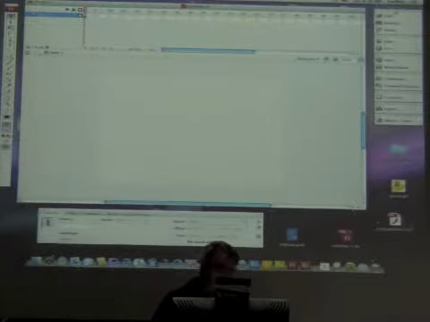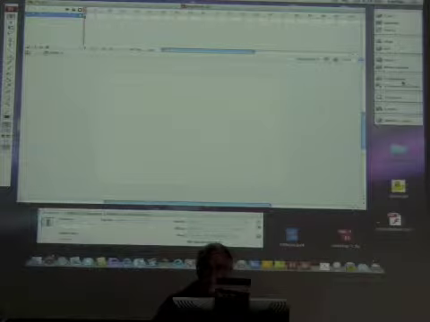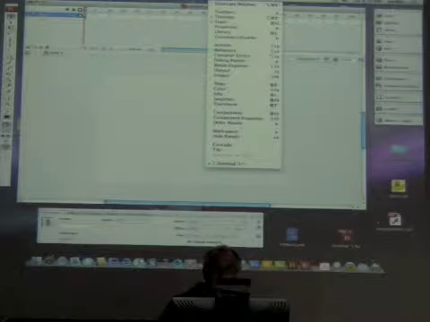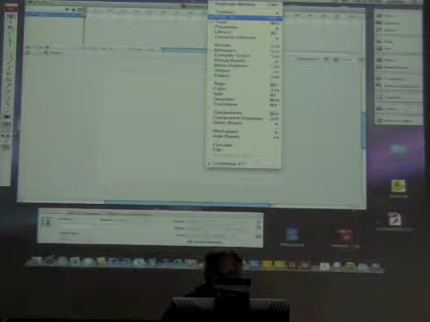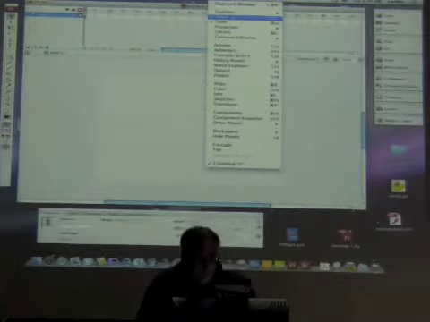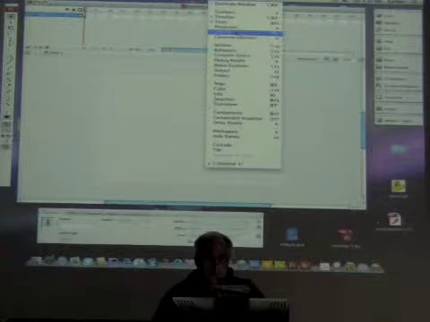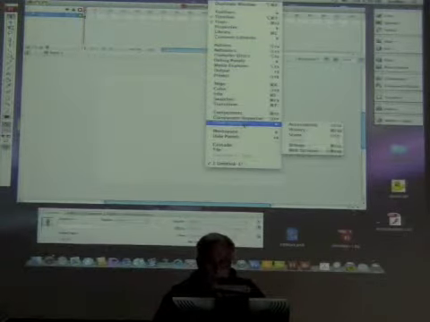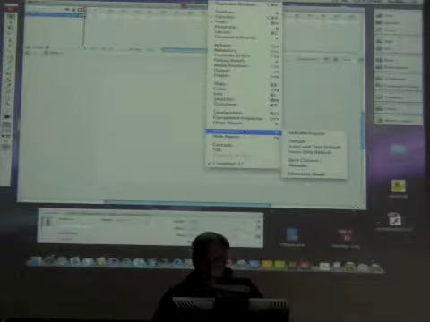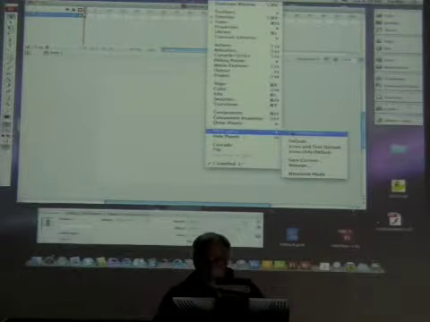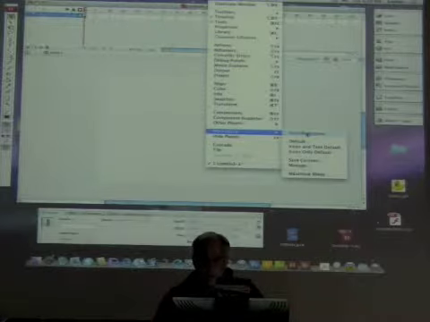If there is a specific group of palettes that you use frequently, you can customize this and save it. We could go to Window, and we can go to, hold on here. I've got to remember where it is. Where is it? Workspace, there we go, it's down here. And you'll notice I have from last semester saved Kirk's workspace. And when I select that,